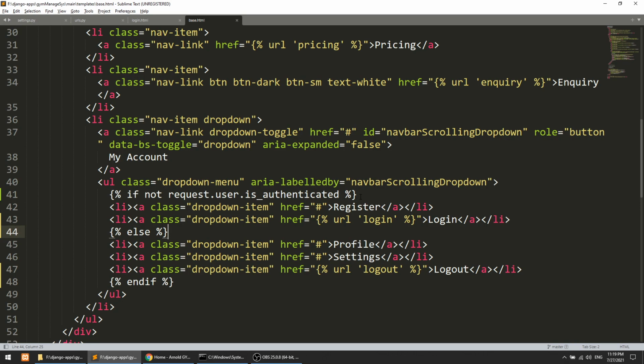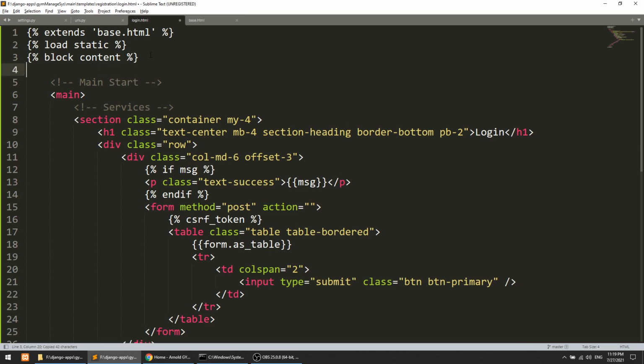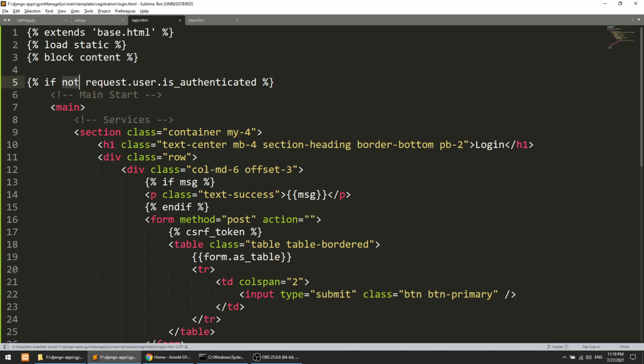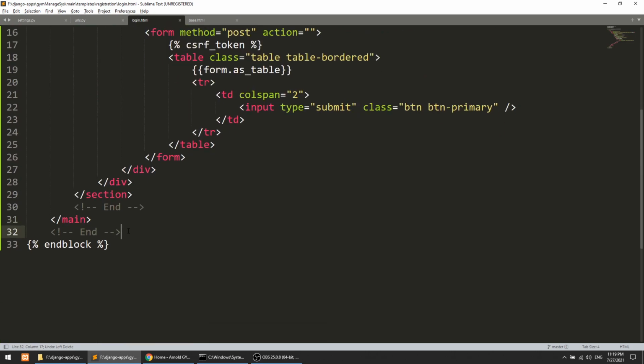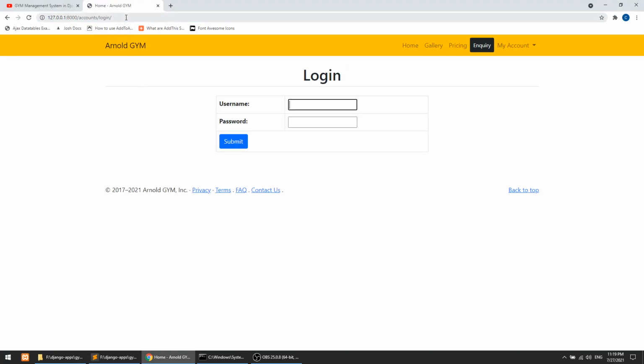Similarly, you can implement this in the login page. Here you can implement that if the user is not already logged in, then this will show the form, else you can show nothing, or you can just say already logged in, if someone clicks on this link.